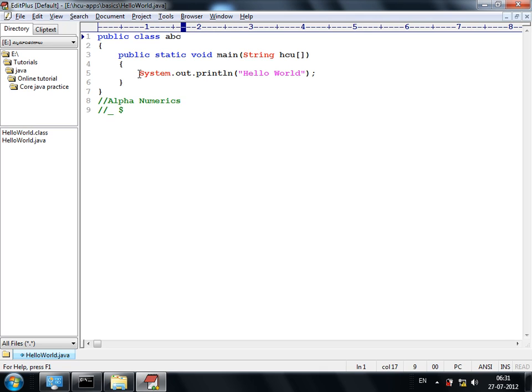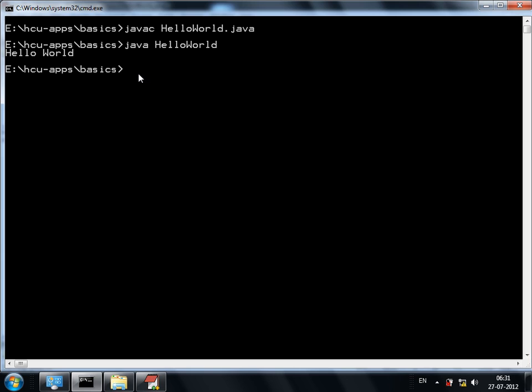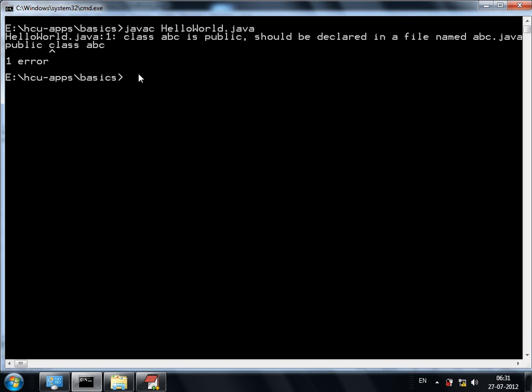Now, let us see, the class name is ABC. Was the class name ABC allowed earlier? Yes. Now, what is it telling? What is the message it is giving? Just read the message. Class ABC is public, should be declared in a file named ABC.java. This error gives you the whole information that if a class is public, the class name should be the